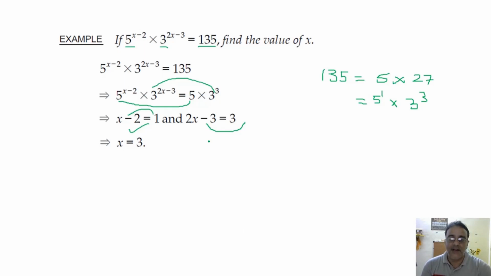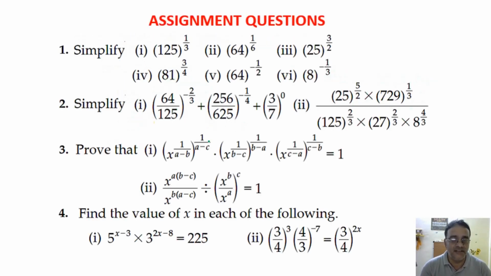Okay. Now let us move towards the last section. Which is the last section? Assignment. Assignment question. Now see, you have to send this assignment question in Google Classroom, the G Suite Google Classroom. This is a simple problem, simplification, proof related question to find the value of variable based on the given condition. This type of question we did just now.